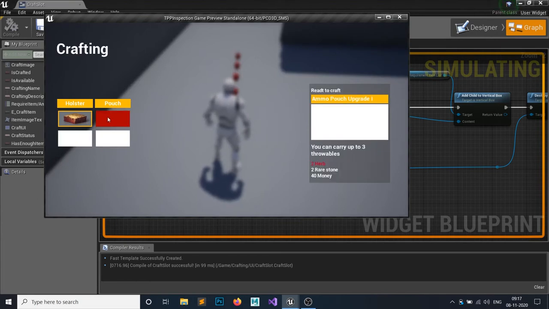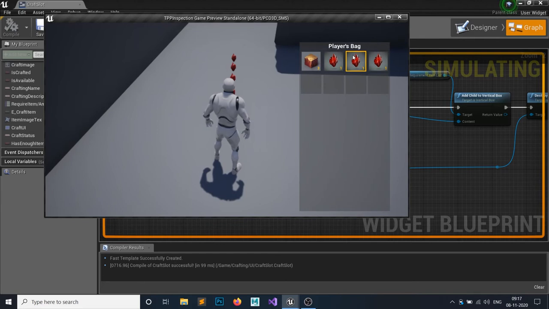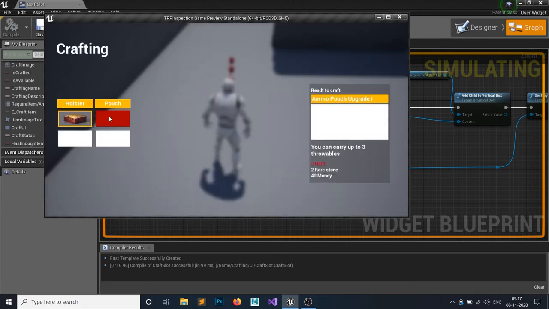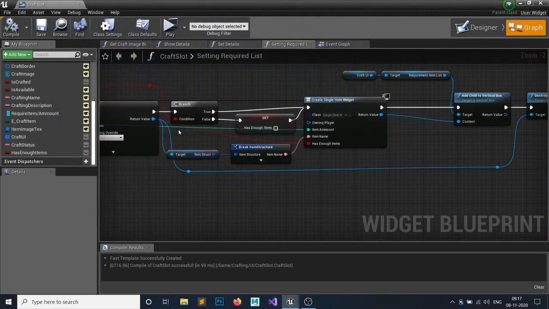So yeah, redstones are full, so it requires no more redstones, so it is white. But we require 2 herbs, and we don't have 2 herbs in our inventory, as you can see. So the herb is set to red color, and all the other things are in white color. So we have done this crafting part.